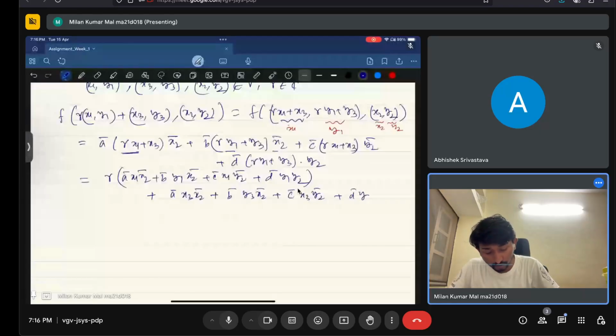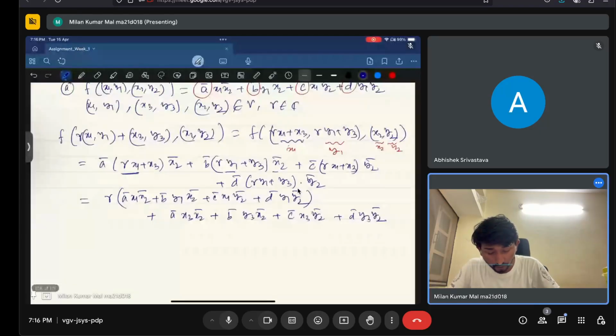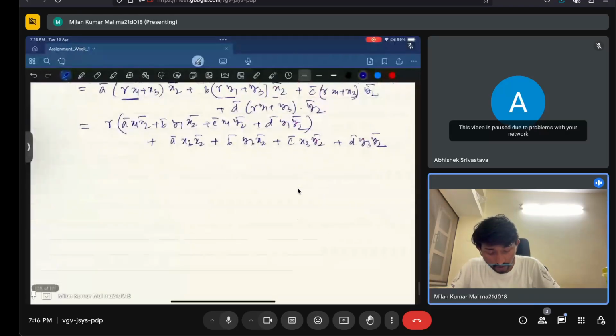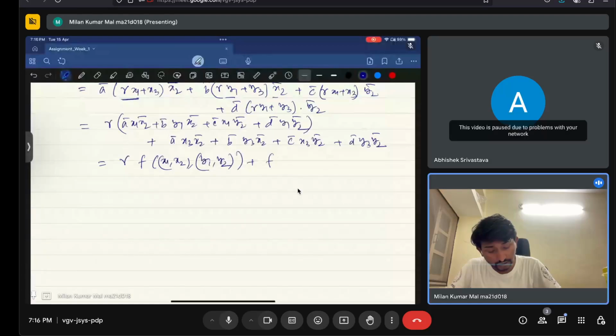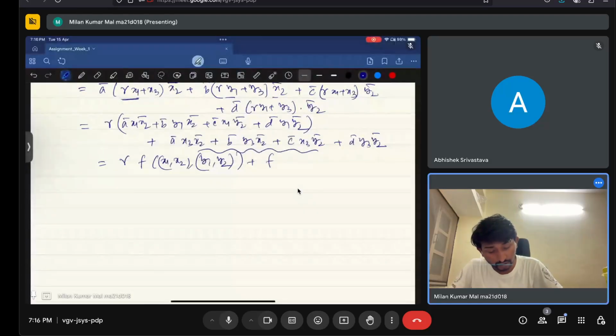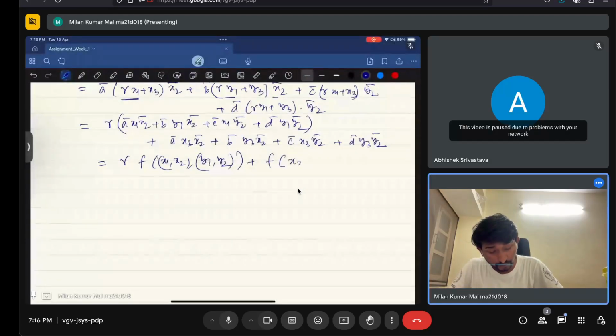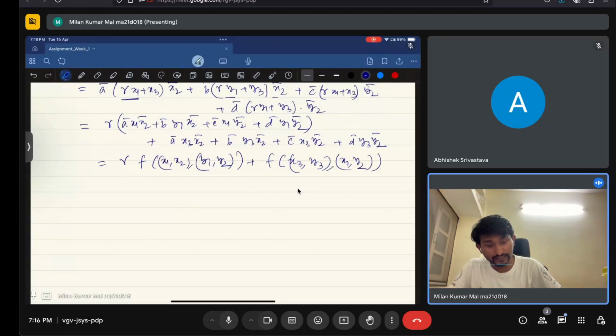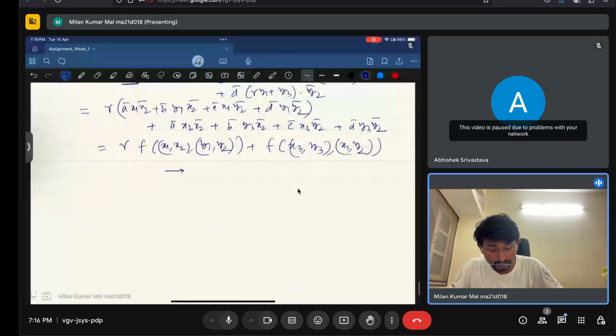So therefore one can look at, this is actually f of (x1, y1), (x2, y2) plus, the second term, f of (x3, y3), (x2, y2), right? So therefore f is linear